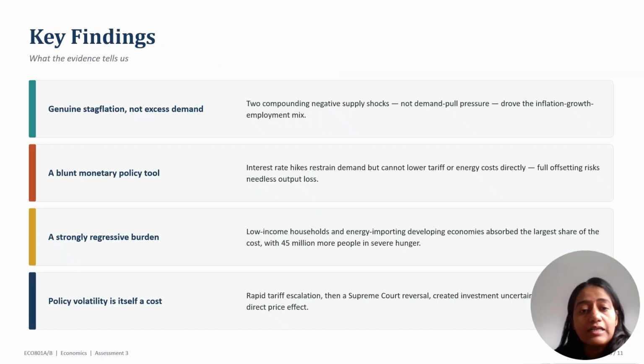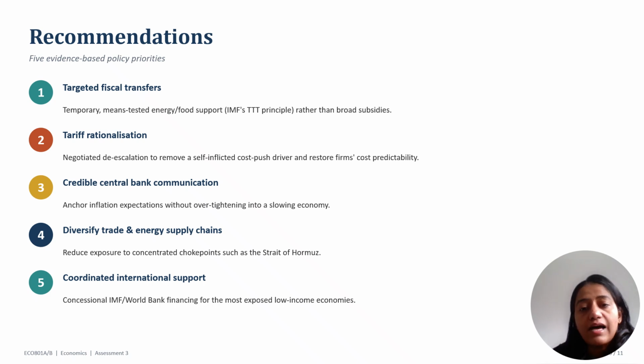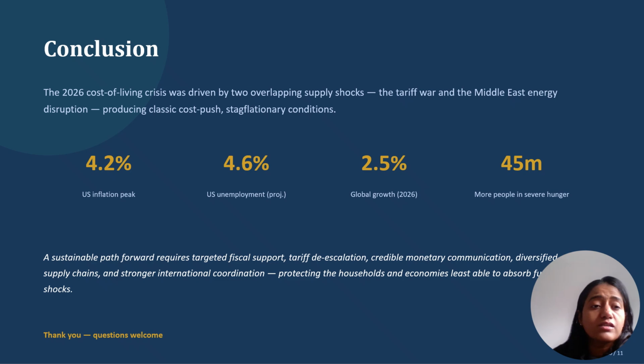So the next are the key findings. This slide presents 5 recommendations. So to conclude, we can say that the cost of living crisis in